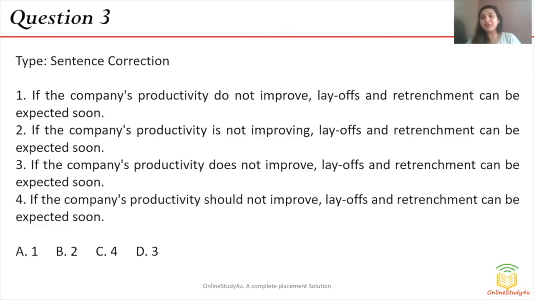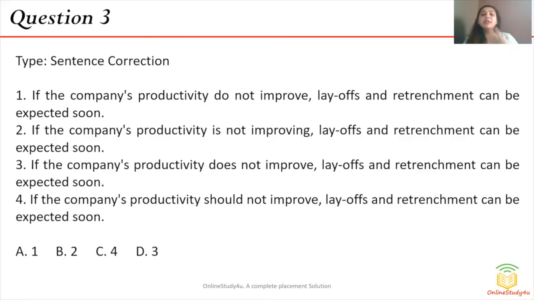Sentence correction questions. Now, these are my favorite questions and definitely favorite questions for test takers also. Reason being, they try to camouflage your answer options. So you will see your answer options are very, very close. Mistakes are not even visible. You'll be like, ma'am, I kept reading, but I didn't get the correct answer option.